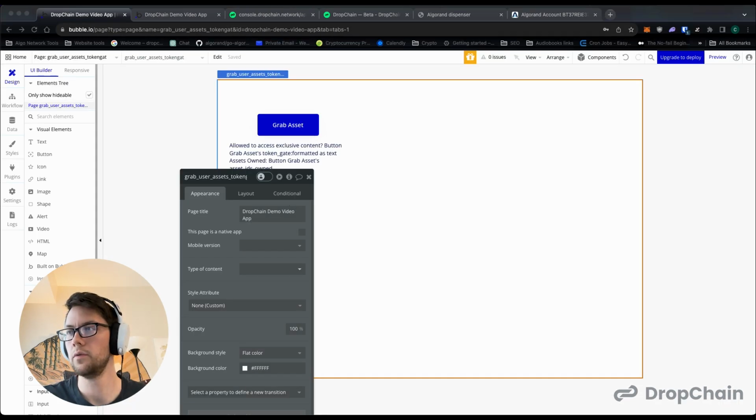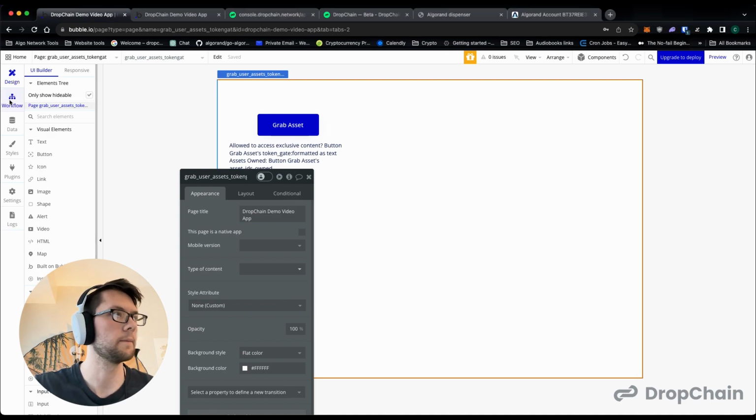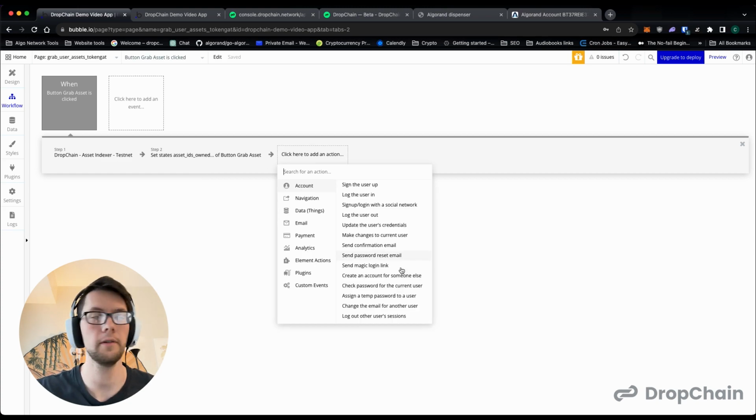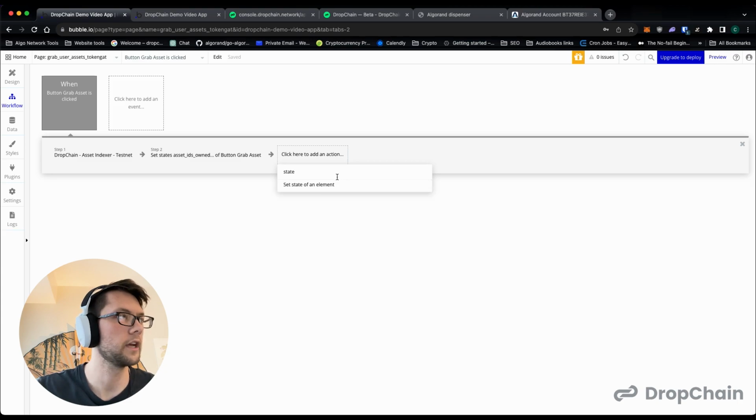We're also going to do something special. What if you want to make sure that someone owns the asset? Specifically, say you've minted 100 NFTs, you're selling them on your page, and you want to make sure that the person owns the NFT that you're selling in order to let them through. Well, how you would do that is you would go and add an action here, and you're going to set the state of an element